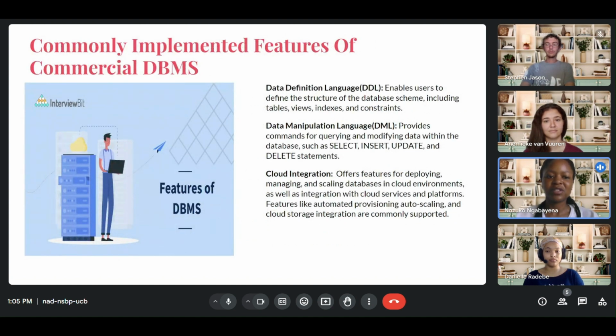Commonly implemented features of commercial DBMS. Data Definition Language (DDL) enables users to define the structure of the database schema, including tables, views, indexes, and constraints. Data Manipulation Language (DML) provides the commands for querying and modifying data within the database, such as select, insert, update,